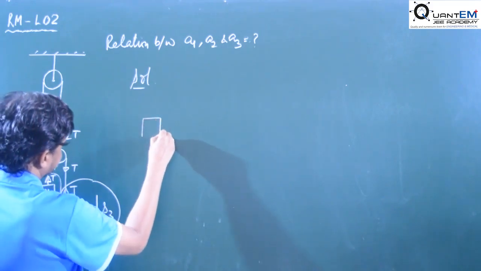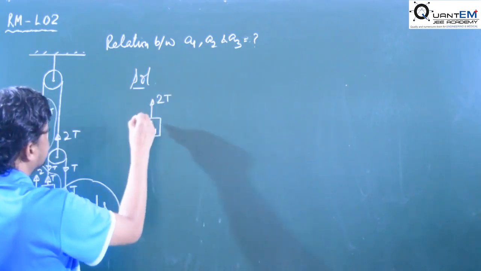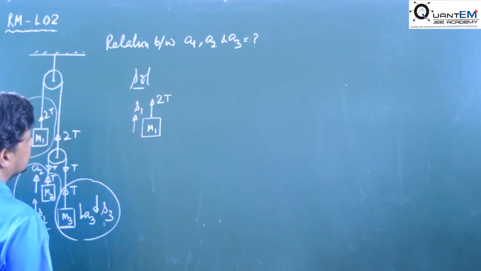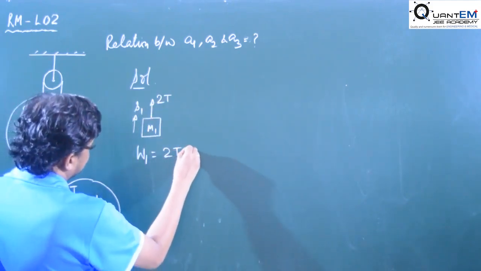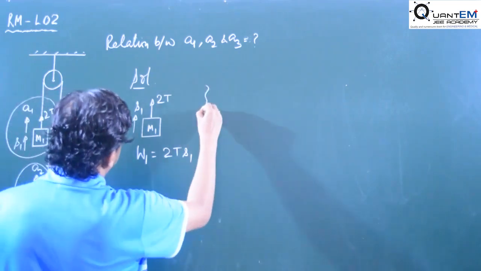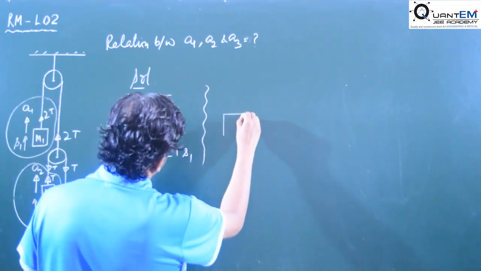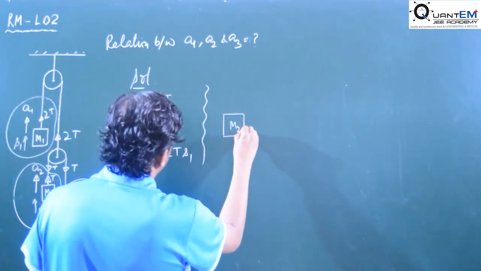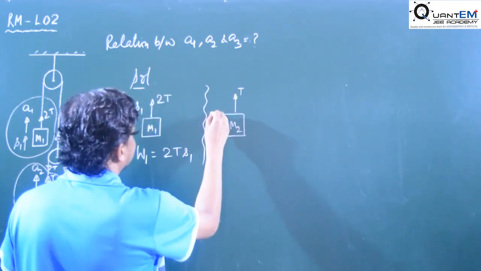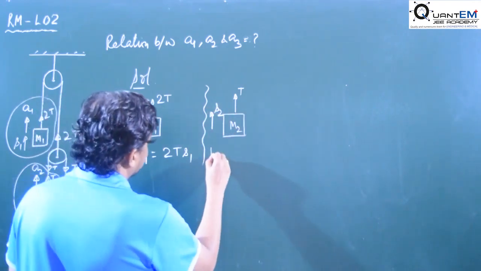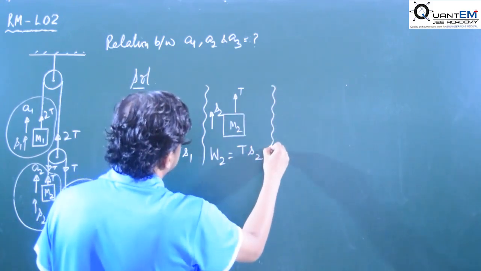Okay, so we may separately take the masses. Mass m1, tension in the upward direction we have 2T, and the displacement is s1. So what is the work done? Virtual work here, tension and displacement are in the same direction, 2T s1. Now we come to the second mass, m2. Tension is T, and the displacement is also in the upward direction. What is work done here? Tension and displacement are in the same direction, that is T s2.